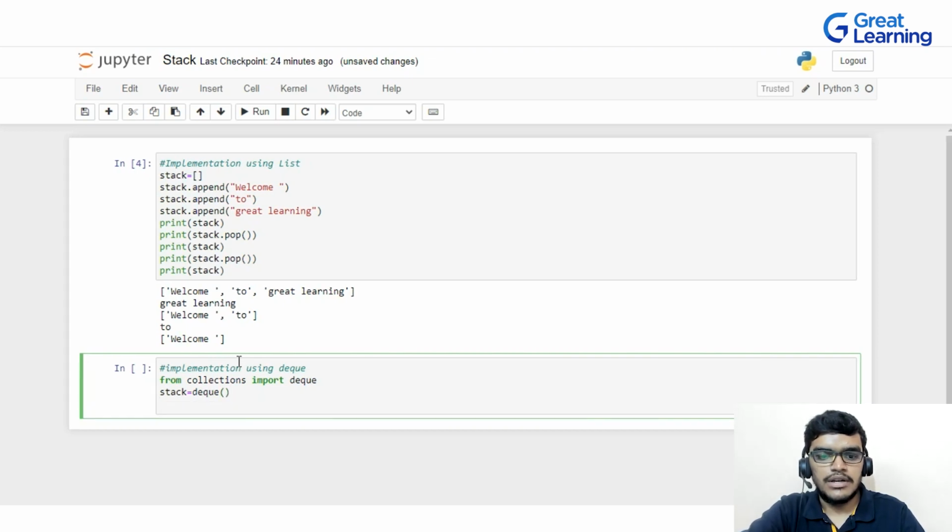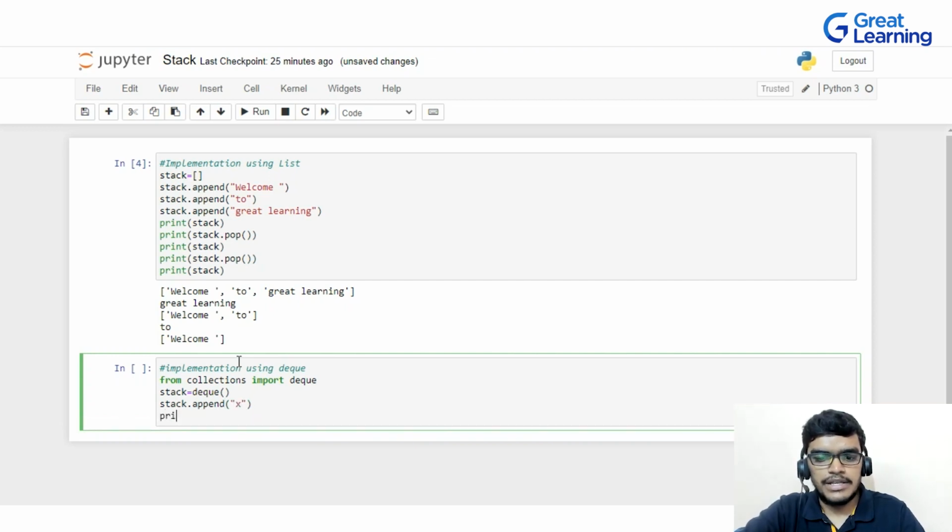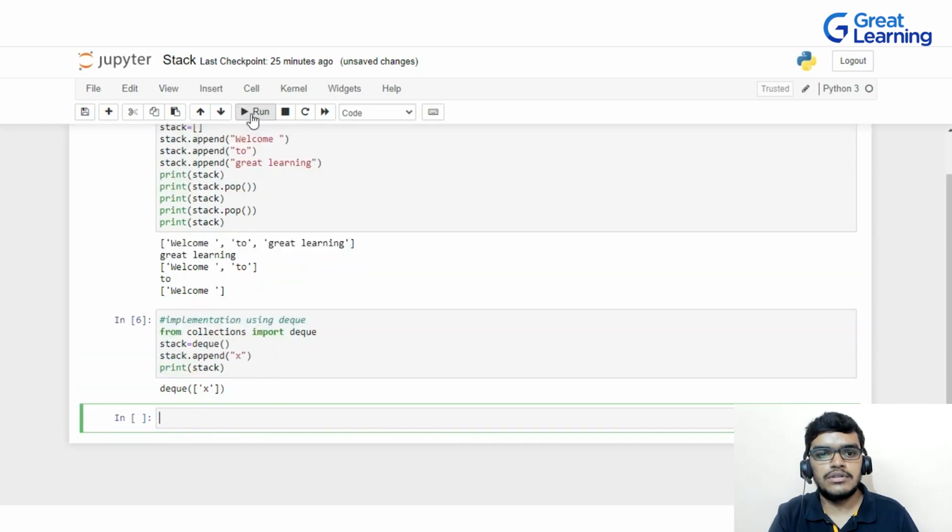Now after this I will write here stack.append, and let me write the value as x here. And if I am printing my stack, on execution you can see that I am getting my deque as x.